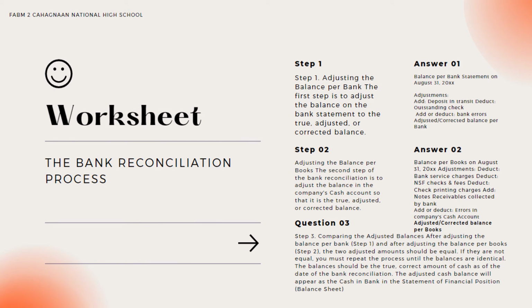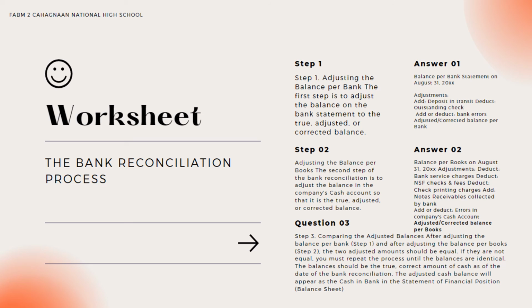This is the bank reconciliation process. So step 1, adjusting the balance per bank. The first step is to adjust the balance on the bank statement to the true, adjusted or corrected balance. So you can look at the answer or the sample. And then step 2, adjusting the balance per books. The second step of the bank reconciliation is to adjust the balance in the company's cash account so that it is the true, adjusted, and corrected balance. And